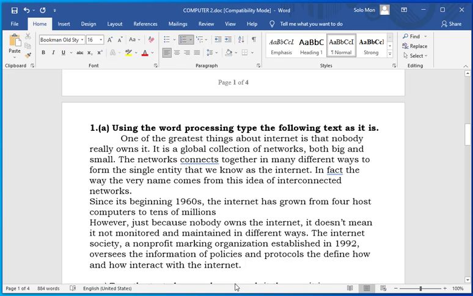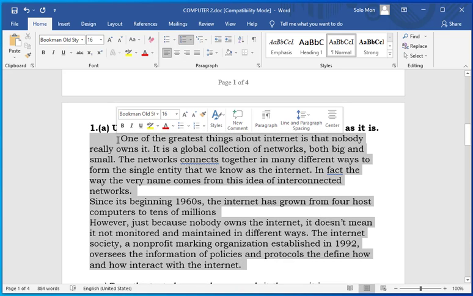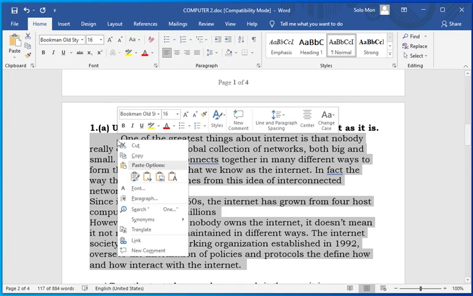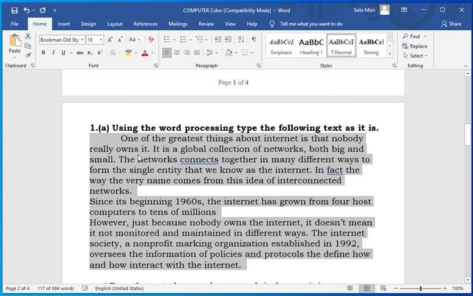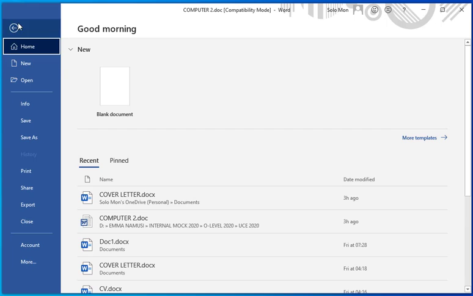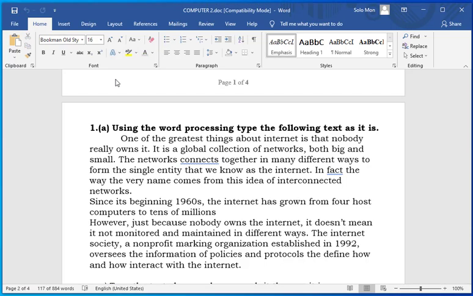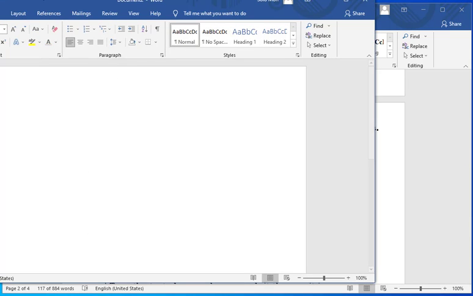So I'm not going to type it, I'm going to just copy it because we don't have time, but I'm sure you know you're supposed to type it. So Ctrl C, that is for copy, or you can right click and choose how to copy. Then afterwards, I've not yet created a folder, but I can just create a new document by going here on file, then I choose new. I'm interested in the blank. I can double tap on it. Okay,